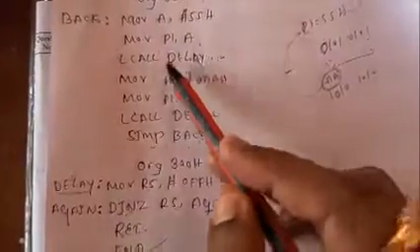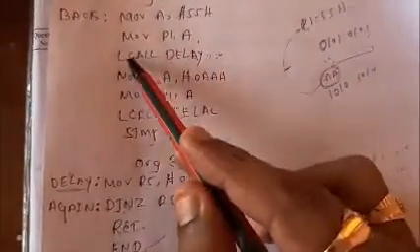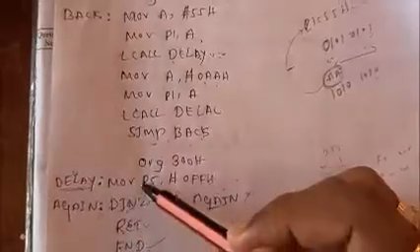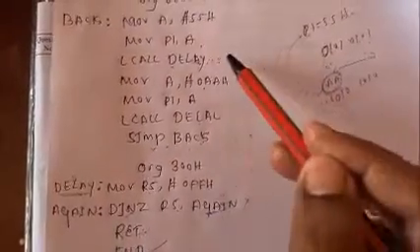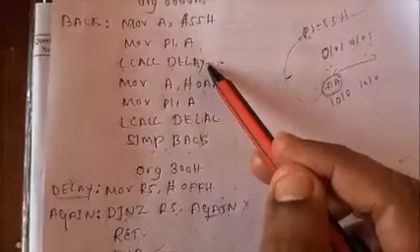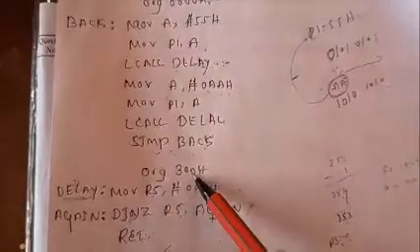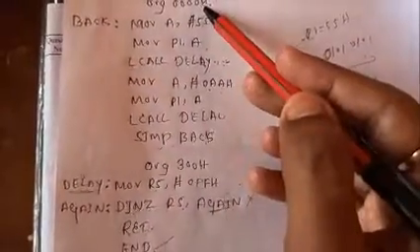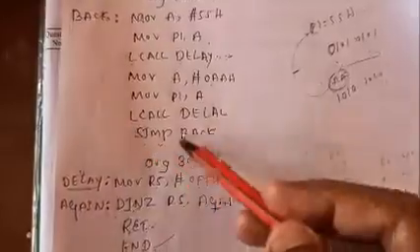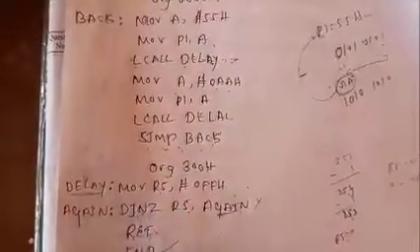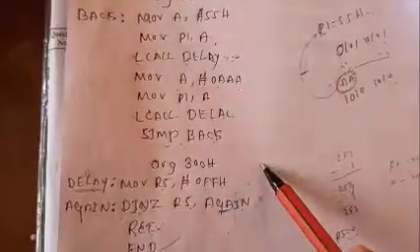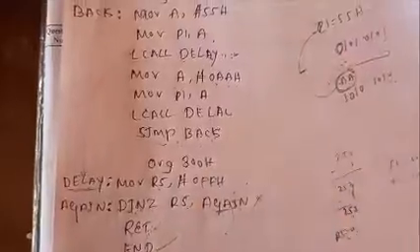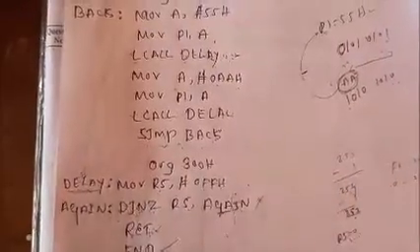One more concept needs to be understood here. As I already said, once LCALL delay occurs, your program execution will transfer here. After completion of this set, again it will come back to your main program. Is it clear? So here I have given ORG 300H, and this is ORG 400H. That means this is my main program. I wrote the subprogram at some other addresses, so it is separate somewhere. Or we can write it continuously, no problem.